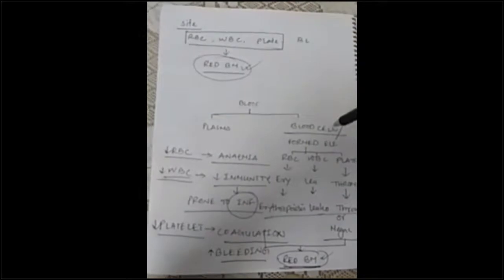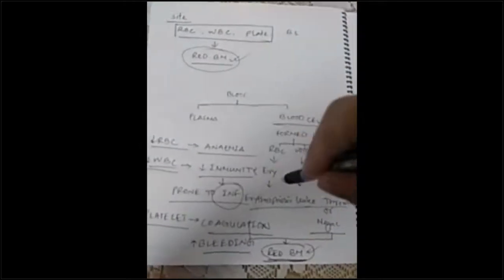This is all about aplastic anemia. This is the basic: blood is composed of plasma and blood cells, or formed elements. These formed elements are the RBC, WBC and platelets. RBC is also known as erythrocyte, WBC as leukocyte, and platelet as thrombocyte. The production of RBC is called erythropoiesis, WBC leukopoiesis, and thrombocytes thrombopoiesis or megakaryopoiesis, and all these production processes happen